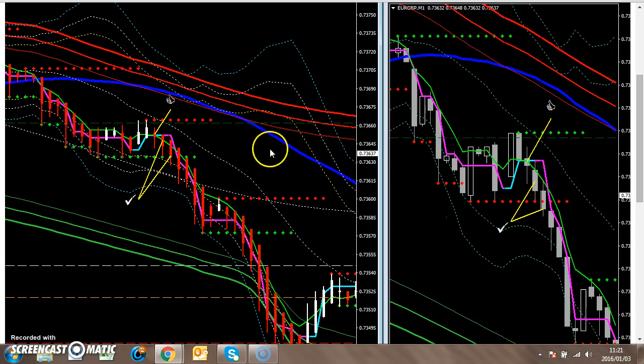Another important thing here is this blue line. It's a 50-day simple moving average. I'm just going to use it to show me which way the trend is, up or down. And then another important thing here is this green line. This green line is a 6-day exponential moving average. All the other indicators are not important in this strategy.